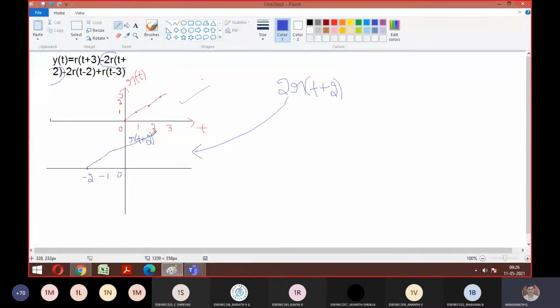Now how to take the amplitude, I taught you. If it is minus 2, the amplitude is 0 only. If it is minus 1, amplitude is 1. If it is 0, amplitude is 2. If it is 1, amplitude is 3. If it is 2, amplitude is 4. Is this how we have to consider it? Is it fine till here? Everyone, is it okay till here?